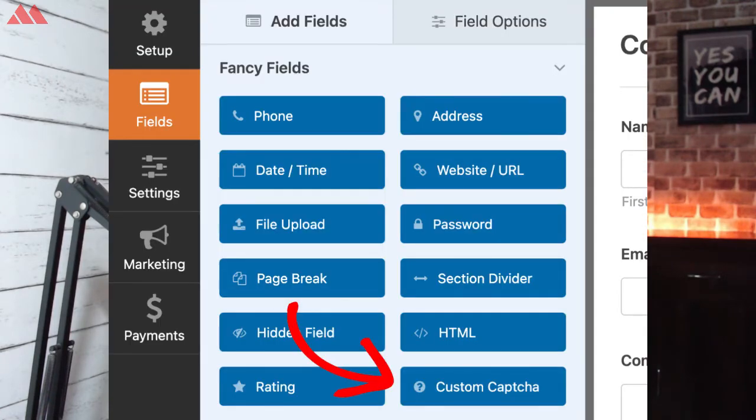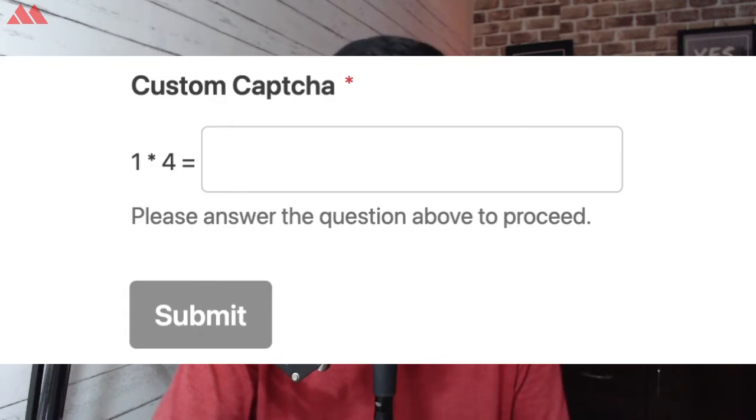Our point number 2 is to have custom CAPTCHA on your contact form. Now Google reCAPTCHA works great and you can always trust that. You can also put some custom CAPTCHA on your contact form. Again, there are various plugins that can help you add this custom CAPTCHA on your contact form, and the best part is these custom CAPTCHAs are not based on image puzzles. They are actually some riddles or some math problem that your visitor needs to solve before they can submit the form. For example, they need to do some additions or they might need to do some subtraction. So these are some of the checks that only a human can pass, not the bot for sure. So you can surely go ahead and try these custom CAPTCHAs on your WordPress website.